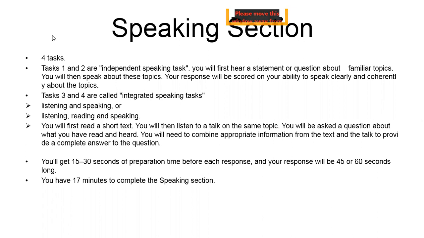Okay, then Tasks 3 and 4 are called integrated speaking tasks because it involves other language skills. It involves listening and speaking, or listening, reading, and speaking. Usually, you will first read a short text. So you will be given a short text. You will have to read the short text first, and then you will listen to a talk or conversations on the same topic. You will be asked questions about what you have read and heard. You will need to combine appropriate information from the text and the talk to provide a complete answer to the